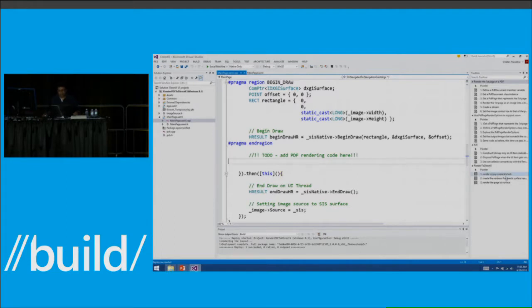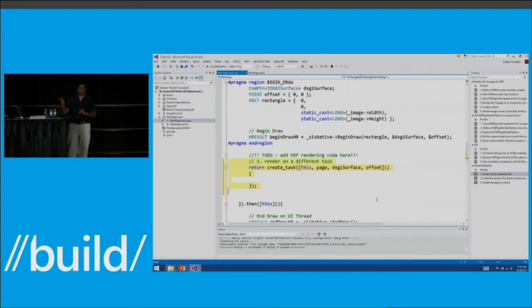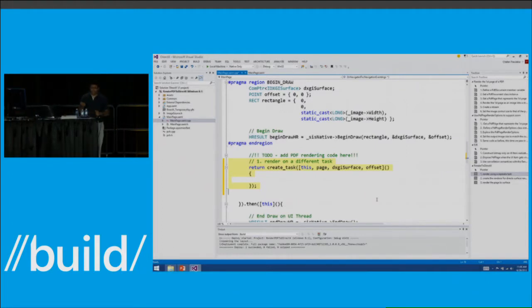So the first thing I'm going to do is to schedule the PDF rendering on a separate task. The reason why I'm doing that is because the APIs that render to a DirectX surface is synchronous in that it uses the thread of the caller. This is different from the render to stream async method. The idea is to allow you to have the flexibility to manage your own tasks. Since this call is on the UI thread, I want to make sure that the fluidity of the UI thread is not compromised, and that's why I'm creating a separate task.